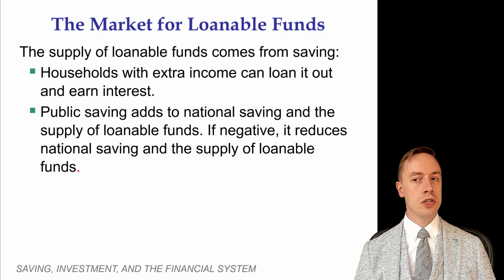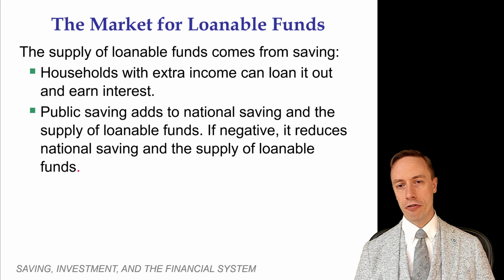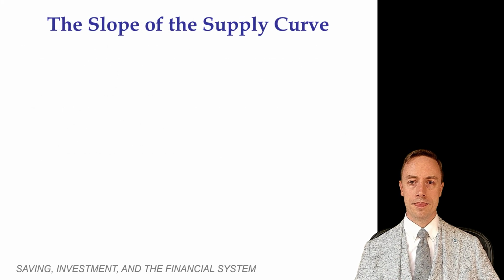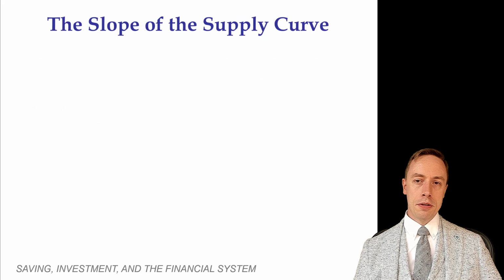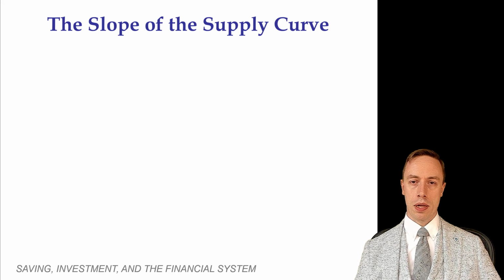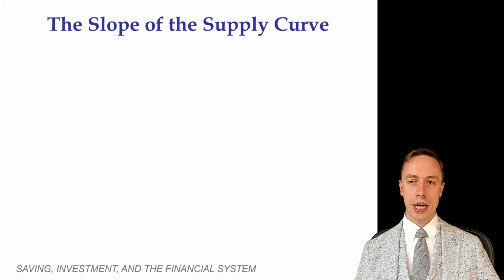Nevertheless, we will leave it on the supply side of the model and simply make that number negative rather than flip it back and forth between the supply and demand side. So private and public saving, always the supply. In the supply and demand model, a very common way of representing this supply is to use what's called a